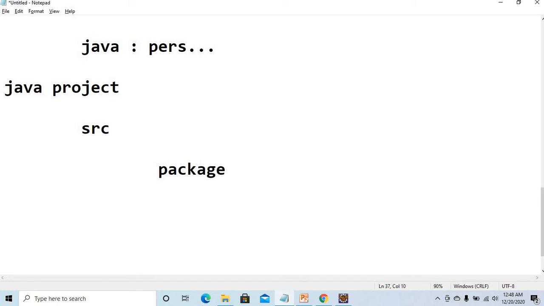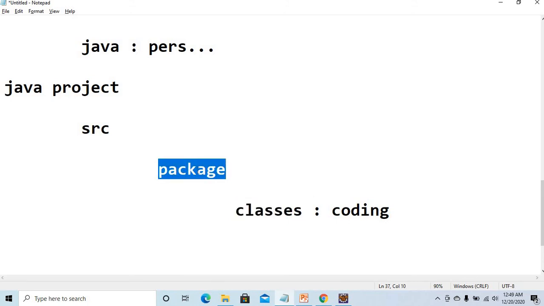This is standard. Inside a package we can have the Java classes. A Java class is a sort of, you can take the example of this notepad. In this notepad I'm just writing the instructions related to configuration. In a similar way, one class consists of one logic, or some work related to that particular class. My point, in short, is that a class is where we are going to do some coding. Of course we do coding in the classes, but those classes must be inside your package.